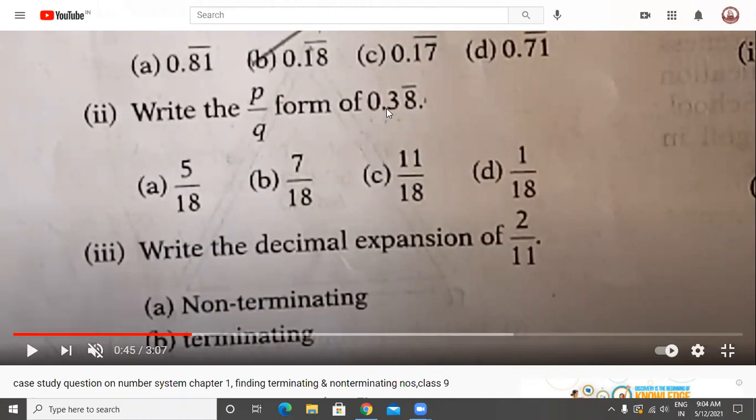So you have to take this equal to x. Then one digit is repeating, so you will multiply it by 10, and you will subtract the two equations. And the answer will be